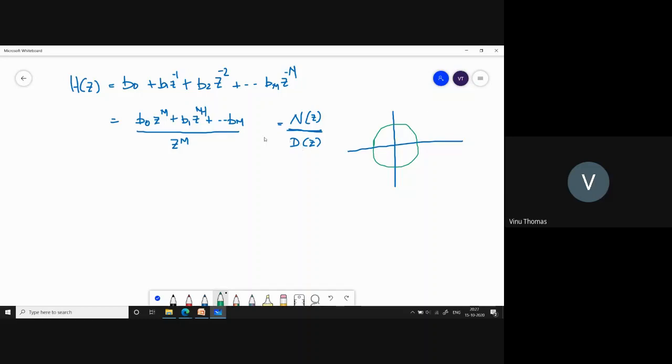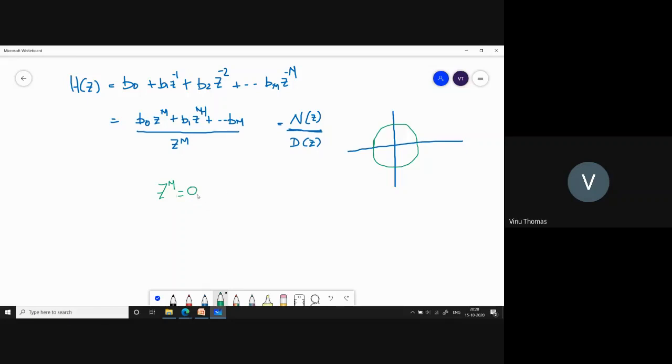So where do you have the poles of this H of z located? Poles are the roots of the denominator polynomial. Zeros being the roots of the numerator polynomial. Where are the roots of the denominator polynomial? Meenakshi, you can continue. The roots of the denominator will be the pole. They will be outside the region of convergence. No. For this example, the denominator polynomial is z raised to m. So to find the roots of this denominator polynomial, you have to write z raised to m equal to 0, right? Yes, so what does it mean?